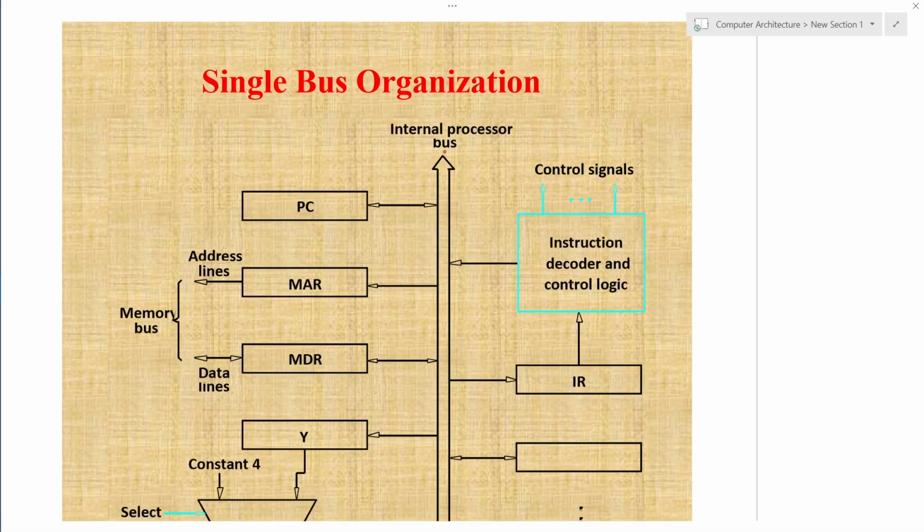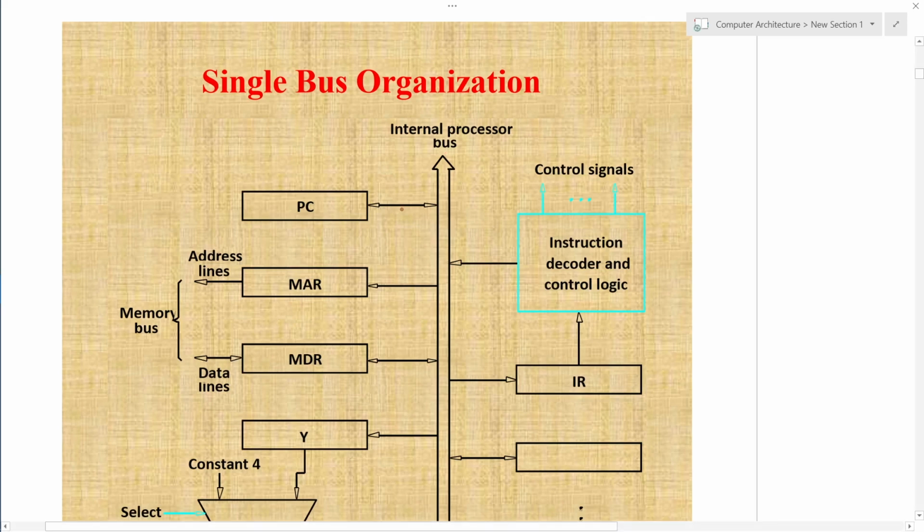One connects the different functional units inside the processor as well as the registers. All this is called the internal bus. The bus which is used to connect the processor to external units like system IO buses or control support chips is called the external bus.